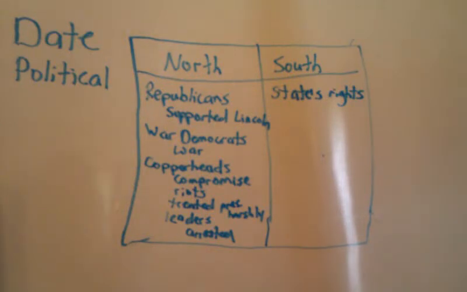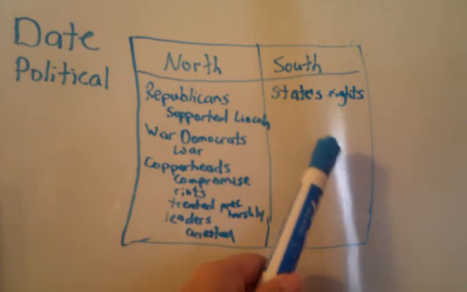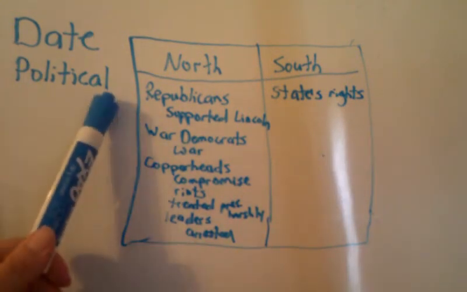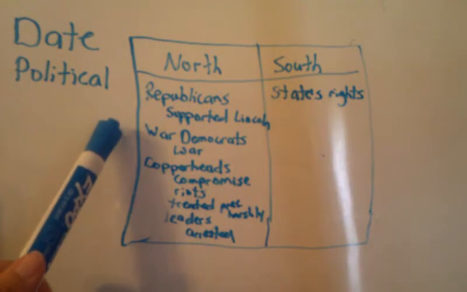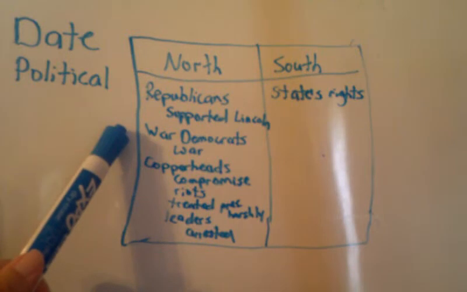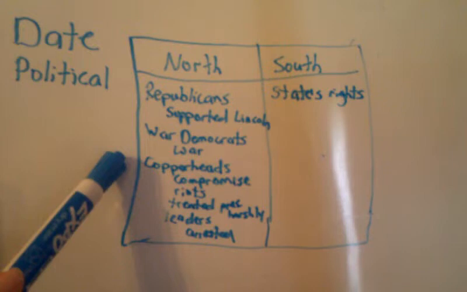So politically, there's a lot of political effects in the North, but there's not many in the South. In the North, they had the Republican Party, which supported Lincoln. Remember, Lincoln's a Republican. They had the War Democrats, because remember, the Democratic Party is split, and the War Democrats, obviously, they were for war. The Copperheads,